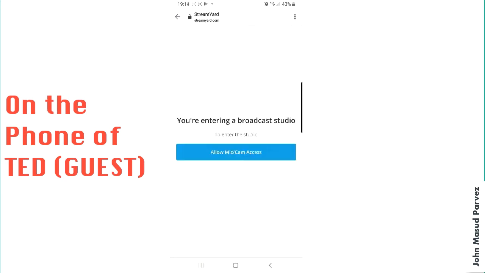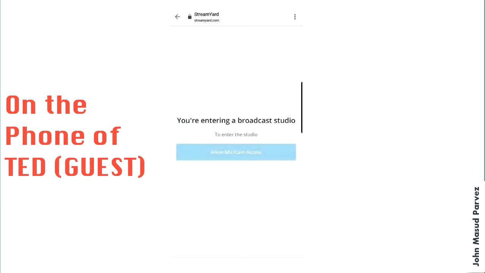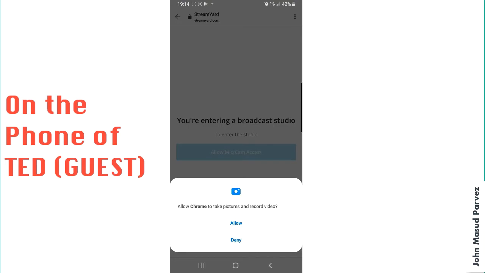Now the guest will see a prompt telling them to allow mic and cam access. The beautiful thing about this is that the guests don't need any kind of account or any software installation, nothing. It's just a browser. So all the guest TED needs to do right now is allow the mic and cam access by pressing the button, and it pops up: allow, and it asks to take pictures: allow. And as soon as TED allows it,